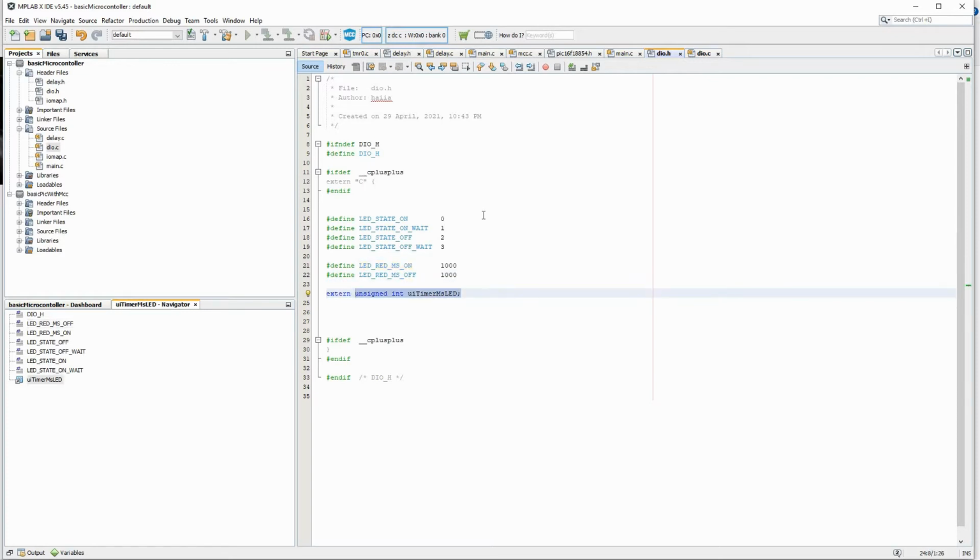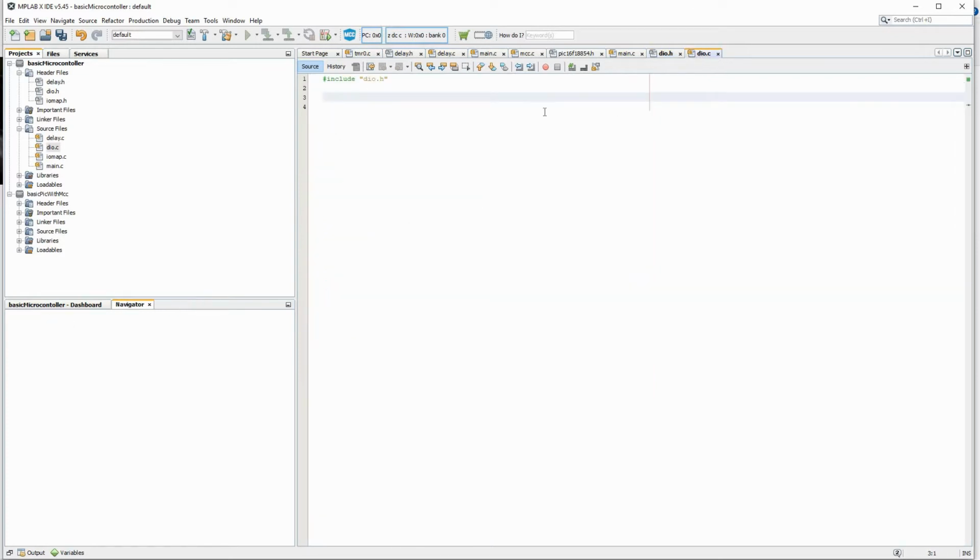Now let me put this in dio.c. Here let me write the function. Let me name it SM state machine LED red, void. Then I will have a switch statement.